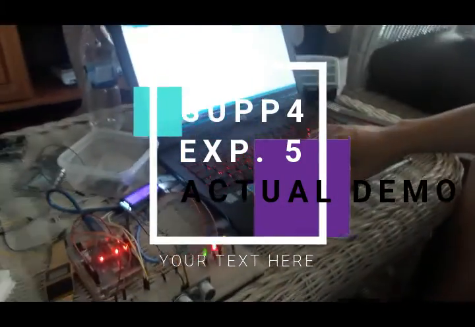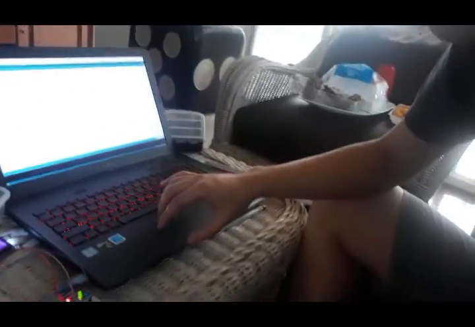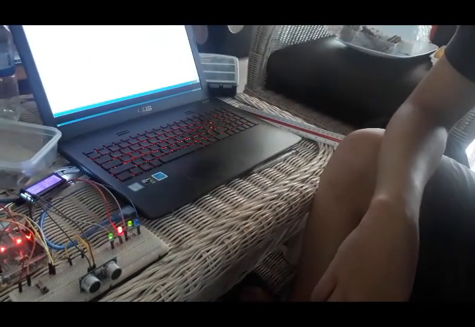is the demonstration. This is the coding part. That's all. Coding part. And for the demonstration,